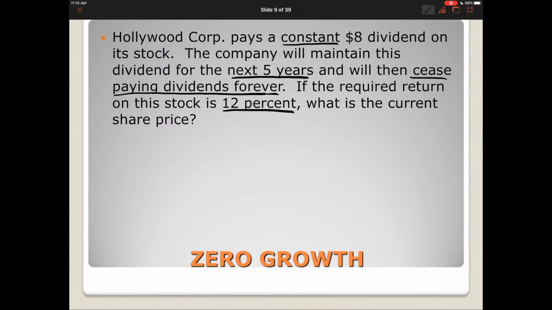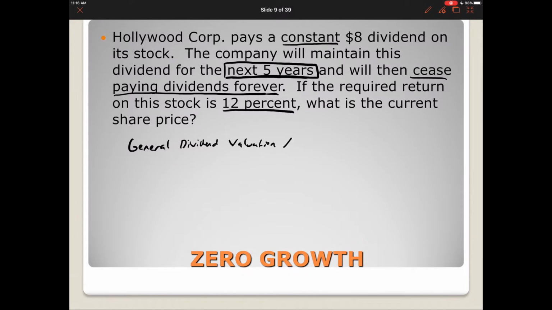So, one thing that we need to emphasize is that our three previous assumptions, zero growth, constant growth, and non-constant growth, are assumptions forever. So those are assumptions on what will happen to the dividends for the foreseeable future, no finite time frame. In this case, these cash flows are only occurring for the next 5 years, and then they are ceasing paying dividends forever. So we only have 5 years of cash flows here, and so we cannot apply one of our previous growth assumptions. What we will have to do here is use the general dividend valuation model,